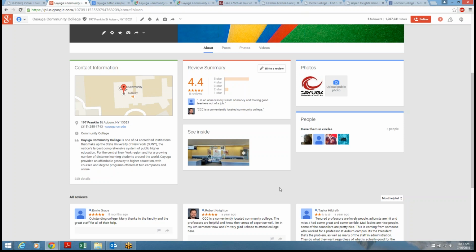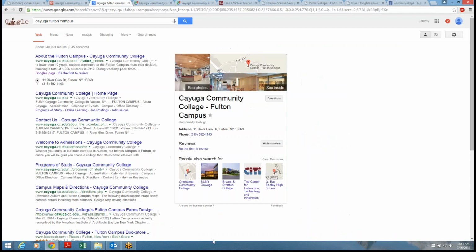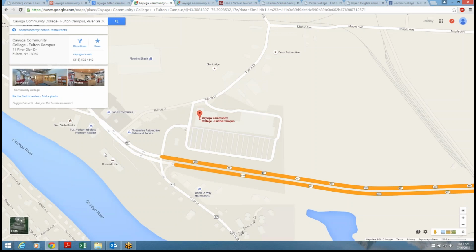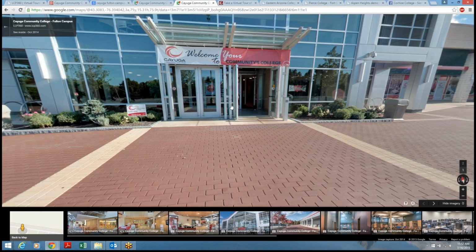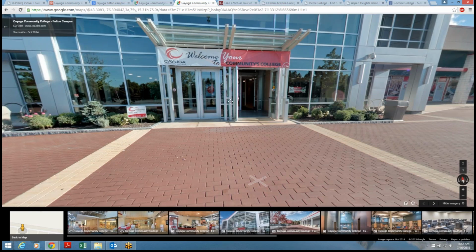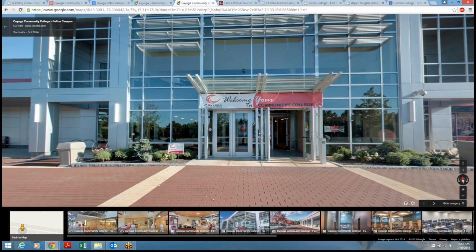And this wouldn't be as impressive if it was just showing up here. But now if I run a search for Cayuga's Fulton campus, it's showing up right on web results on the right-hand side in the knowledge graph. The same is true if you're running a search for directions, and the same is true for mobile searches as well. And now if I click See Inside, you'll notice where the tour starts is 10 feet outside the main